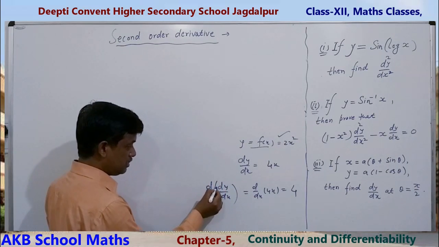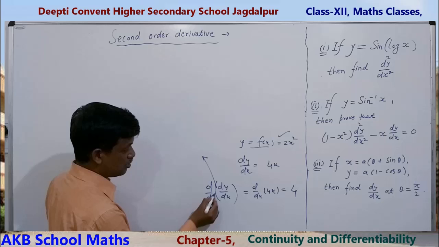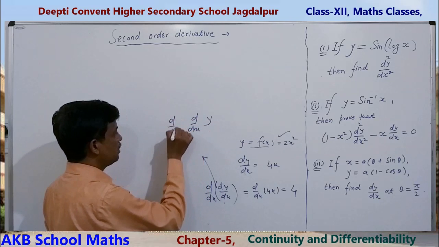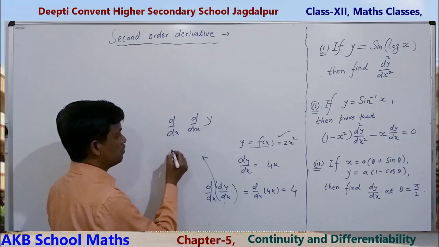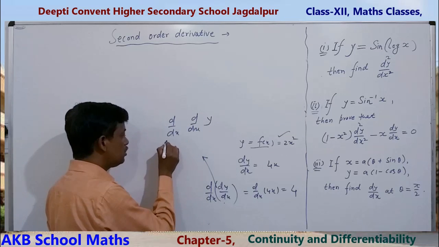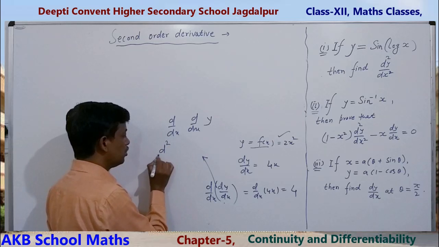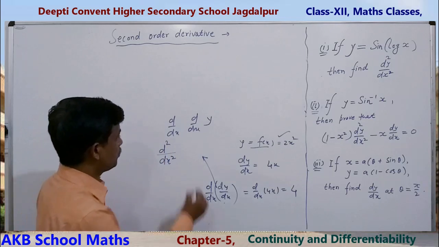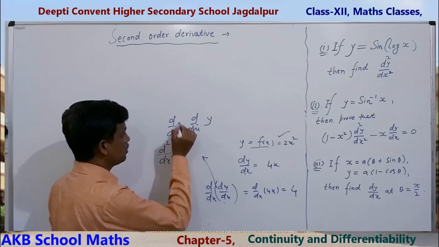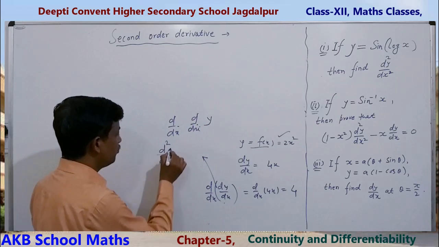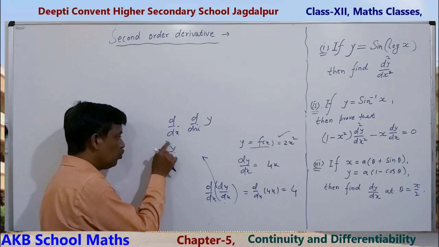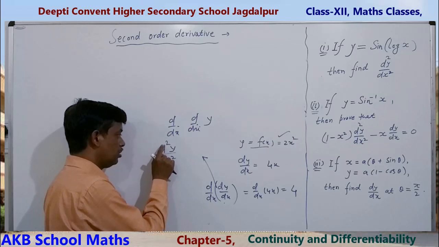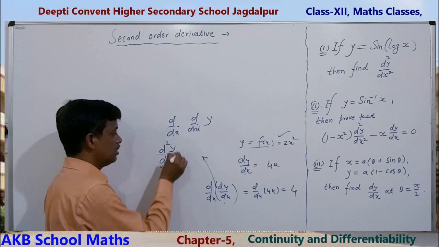Here this is denoted by what? Double times. Means the derivative of y first time d by dx, second time d by dx, two times. Two times means d2, read like this, d2 by dx square. First time then second time, so it becomes square. How do we read it? d2y upon dx square. d2y upon dx square is the second order derivative.